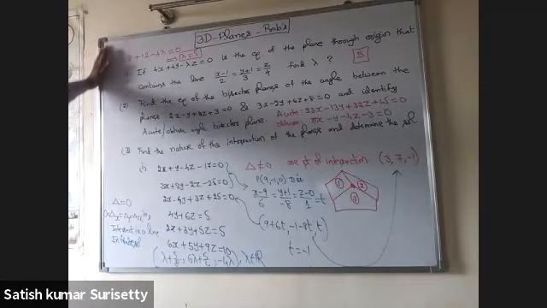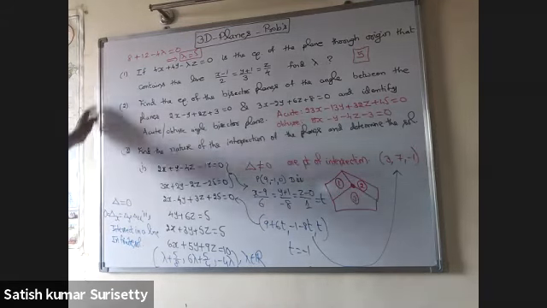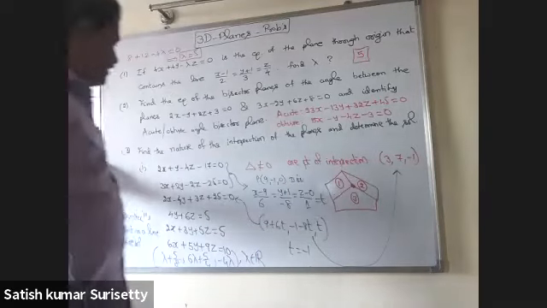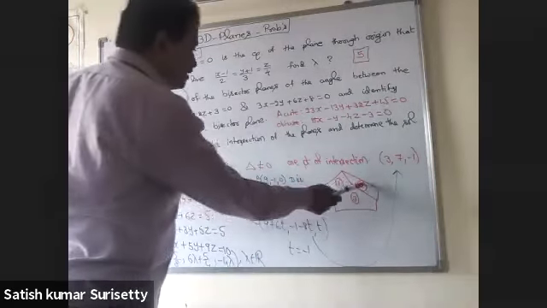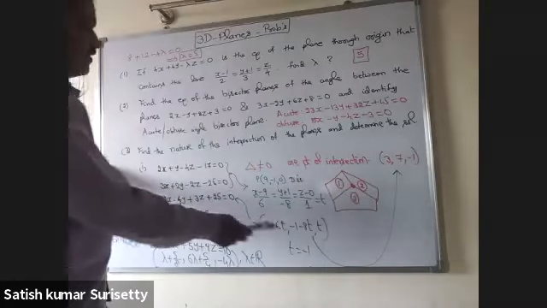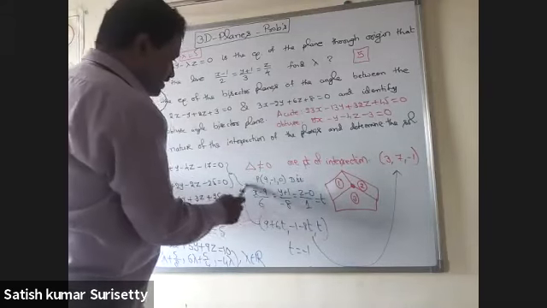Next, nature of the intersection. Calculate delta. Delta is not equal to 0. That means the three planes intersect in a point. Now you have to calculate this point. So calculate the equation of the line of intersection of plane 1 and 2 in symmetric form. A specific point on the line you get as (9, −1, 0), and then the equation of the line of intersection of the two planes.